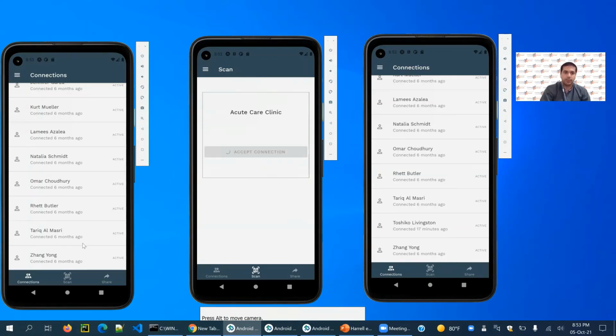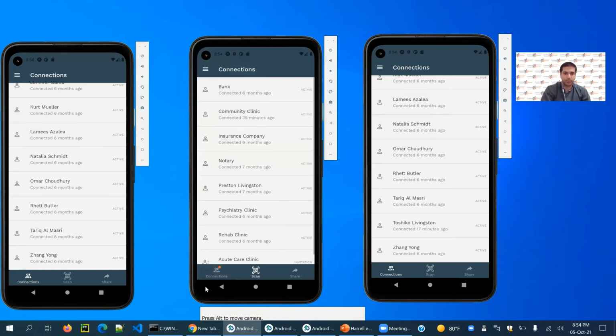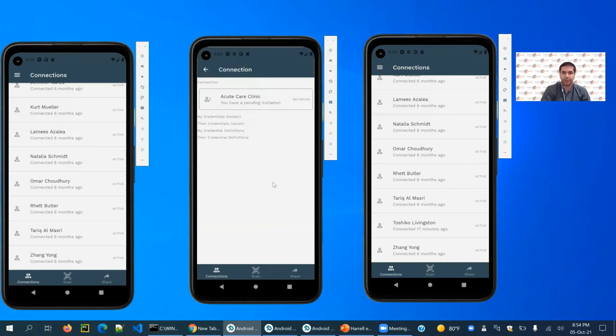does. Meanwhile, we can see that there is no account for Toshiko on acute care screen. This is because the connection hasn't yet been established. Now we see a red dot showing that there is some pending invitation that Toshiko needs to connect. Going back to the connection screen, we see that this is the acute care clinic. So Toshiko selects this option,